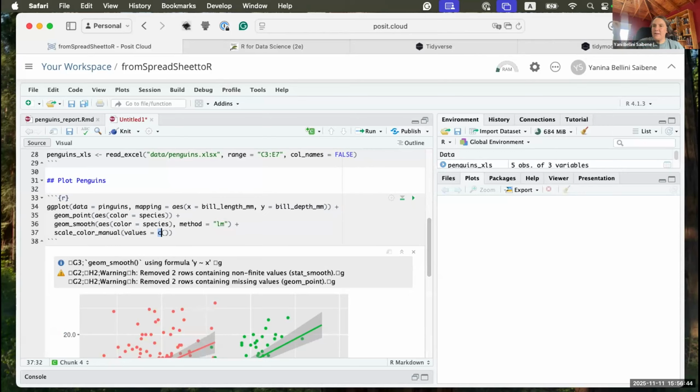which will create a list of values, in this case names of colors. We need 3 colors because we have 3 species. If we have 10 categories and we use scale color manual, we need to write 10 different colors. The colors that we are going to use are dark orange, which is the one that we have in the report,